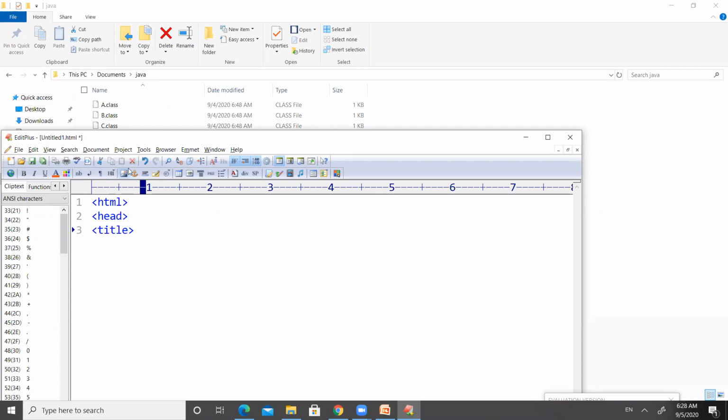So my title is universal selector. So after giving the title, you can close the title tag.